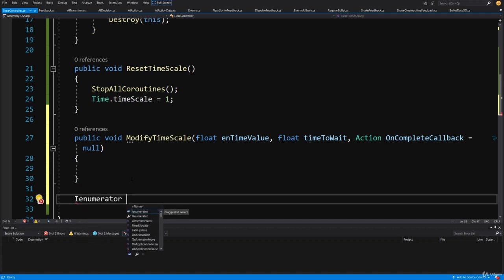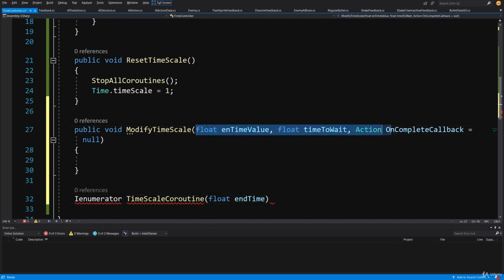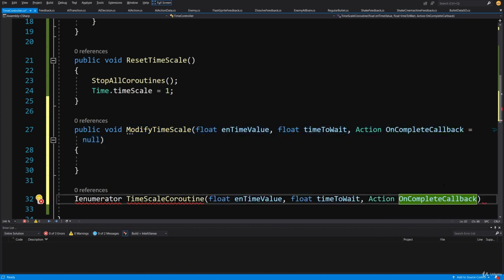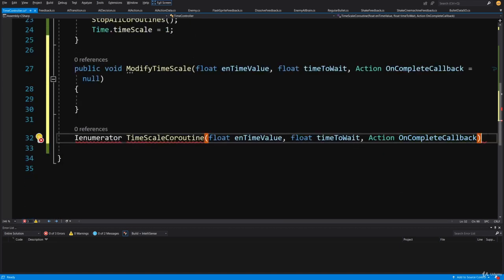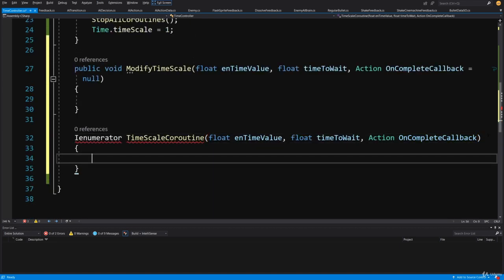Let's call it TimescaleCoroutine. And let's pass here our float end time value. Actually, we can copy the parameters from our modified timescale, together with the action. But don't set the default value for the action. And we are going to call in this coroutine yield